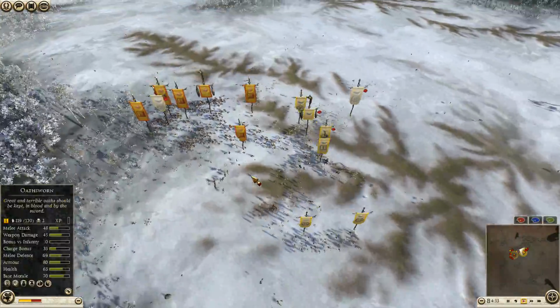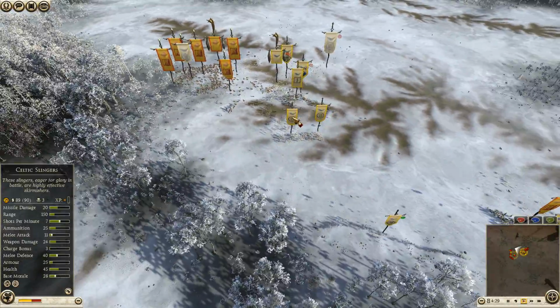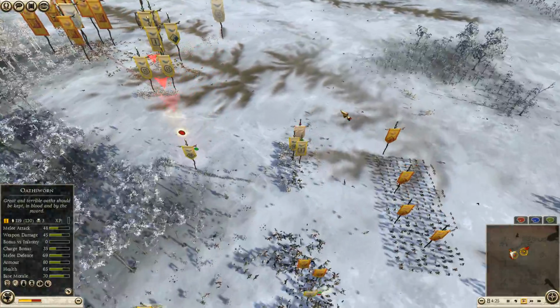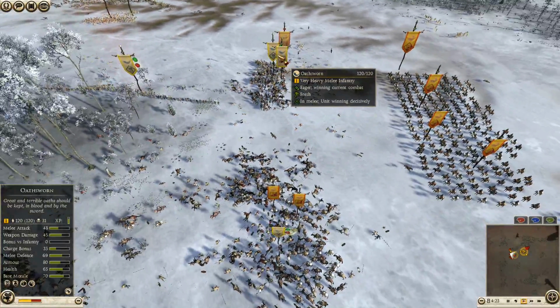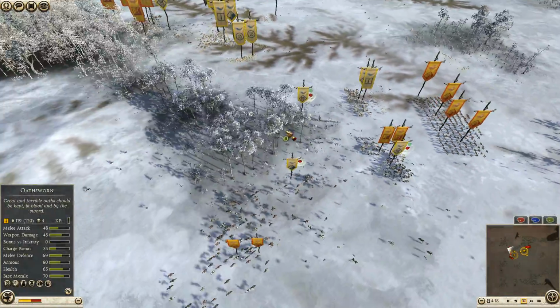Celtic Slingers will be off the field, and so many Royal Scythian cavalry is still on the field here. Lots of spears taken out for the Arvini, so this could be really bad. This Noble Lancer engagement here, not the best though, to be fair. Spear Brothers crushed those guys, so...